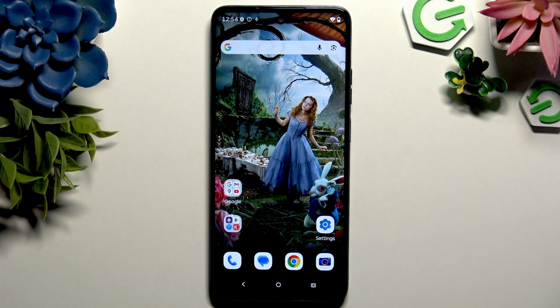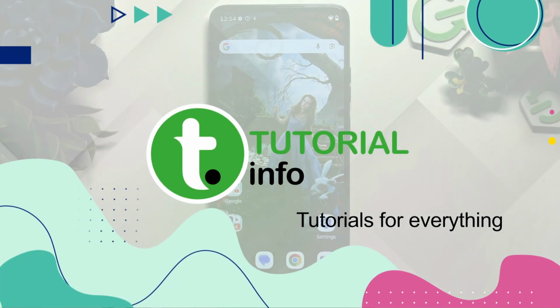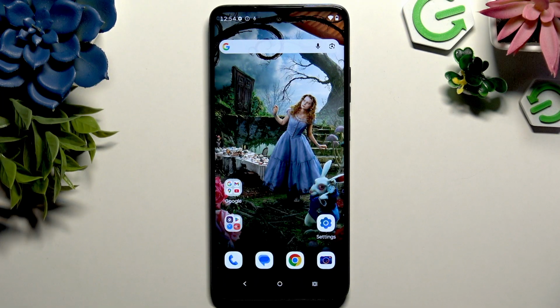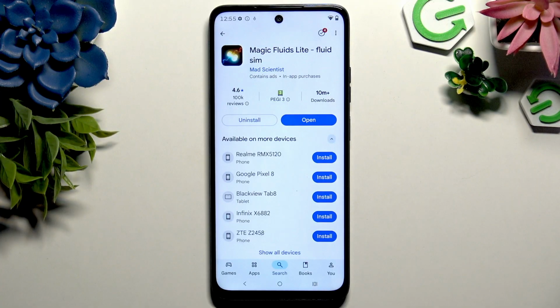In front of me is Motorola Moto G57 Power, and today I would like to show you how you can apply animated live wallpaper called Magic Fluids. You need to start by opening Play Store and downloading free app called Magic Fluids Light Fluid Sim from Mad